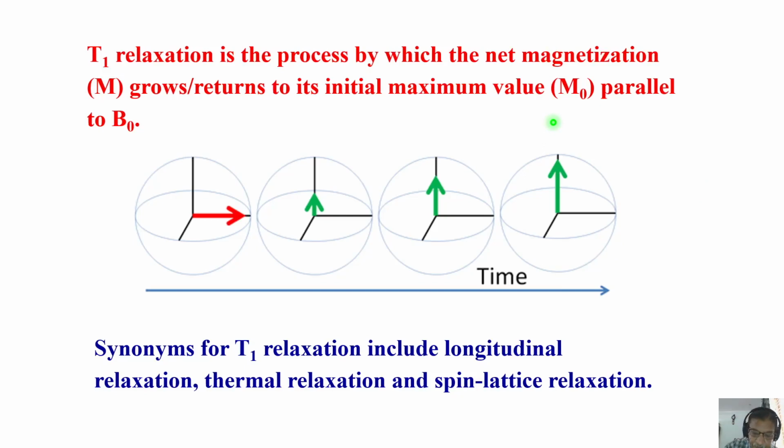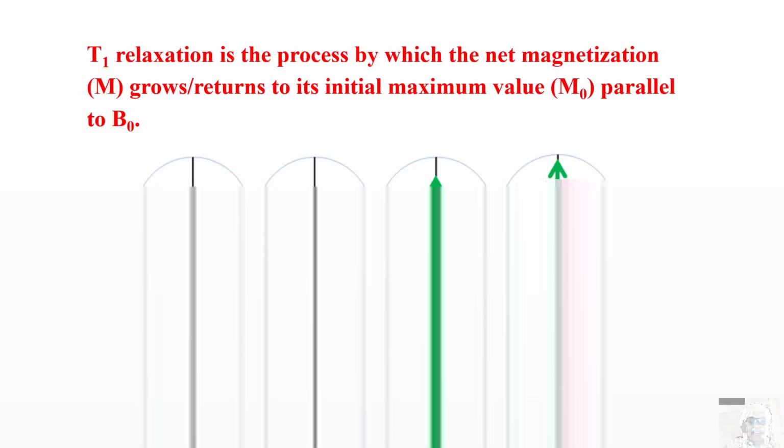Okay. And there are certain terms defined for this. Some synonyms are there. That is T1. It is called spin lattice relaxation, or T1. Also called longitudinal relaxation, also called thermal relaxation, because it attains thermal equilibrium. In the books, they use various terms like this: T1 relaxation, longitudinal relaxation, growth along the Z axis, spin lattice relaxation, but everything is conceptually the same.